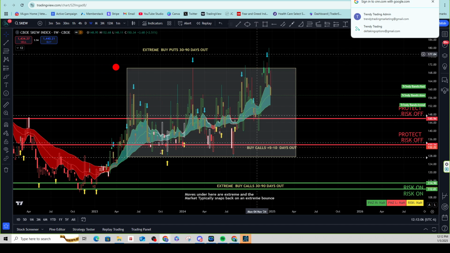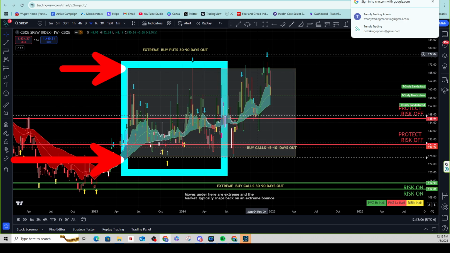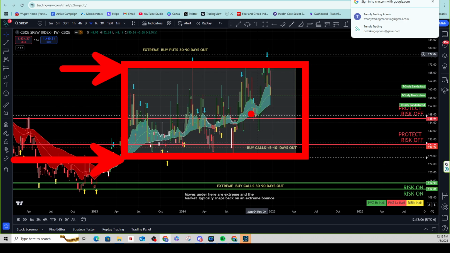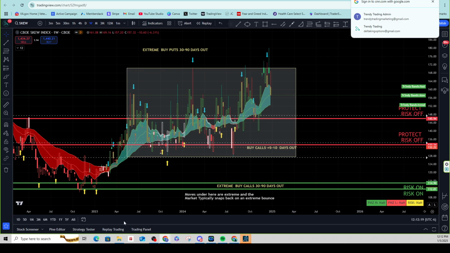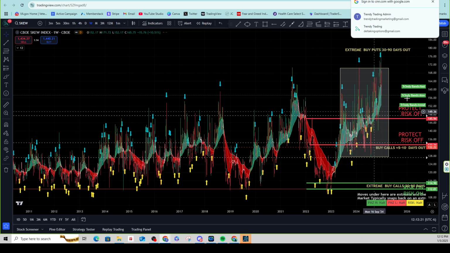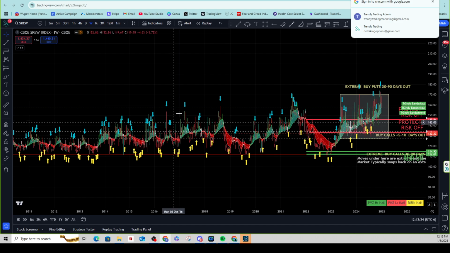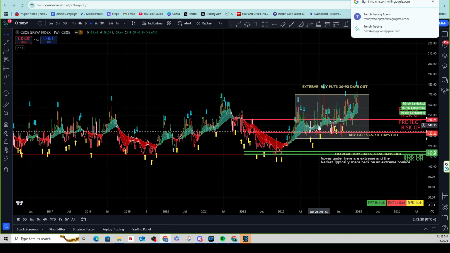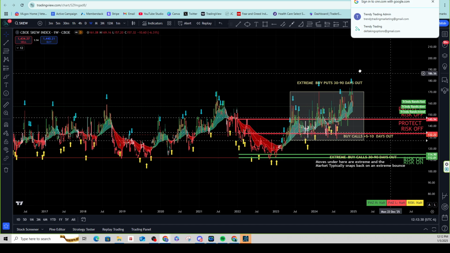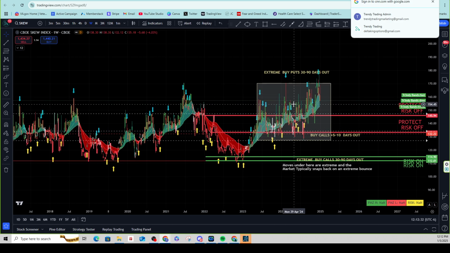Once again, it is a new year, so I'll go over this really quickly. Back in 2021 or so, the market looked a lot like this, and it threw a lot of traders off because these are extreme levels. And when you look at the history, when prices are in here on the SKEW, you get a big pullback in the overall SPY, QQQ, Dow, all those types of things in the overall market.